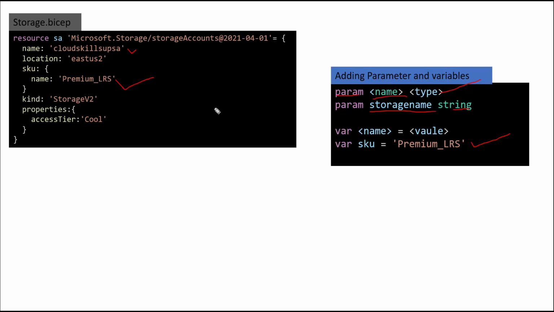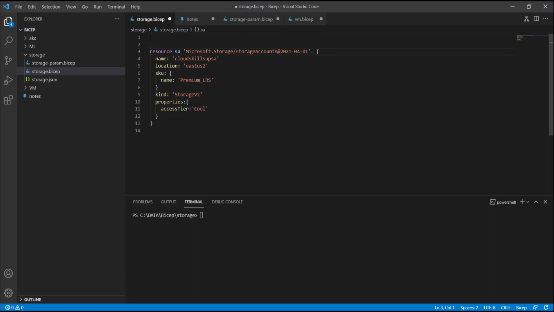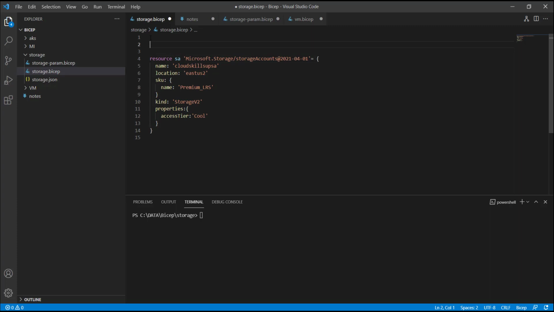So let's move into the editor, update this file, and try to run it. I am on Visual Studio. Let me write the code here. I will give a couple of spaces here so that I can write it. First of all we are going to add the parameter.